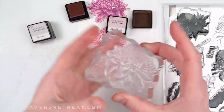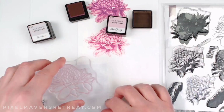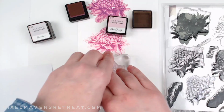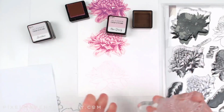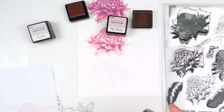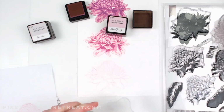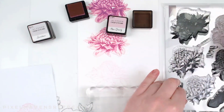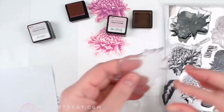but I want to make it a little fainter, so I just have a piece of scratch paper here, and I'm just going to stamp that off real quick and then stamp it down. So this is a second generation stamping, and you can still see the outline, but it's lighter than it was in the previous sample. All right, so again, I'm going to skip that full background and go to this one